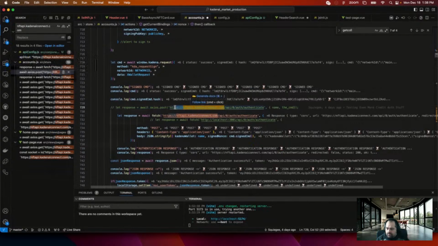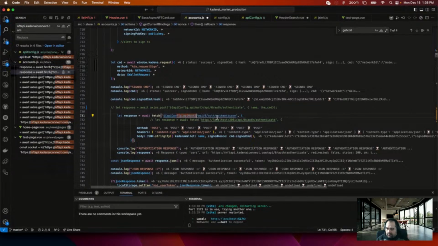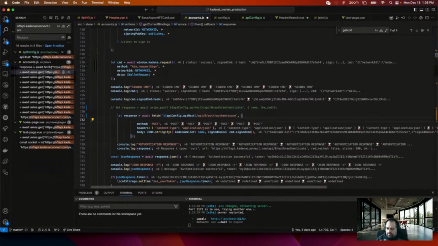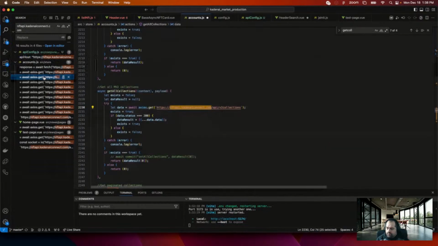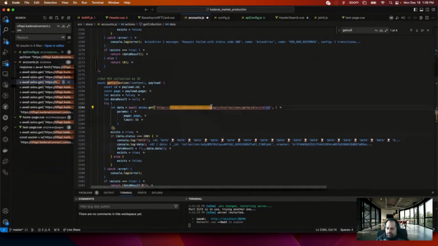To remember to get rid of the HTTPS. Make my life a lot easier switching between environments.